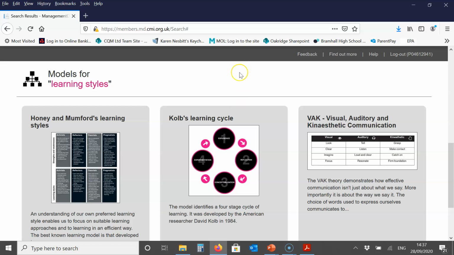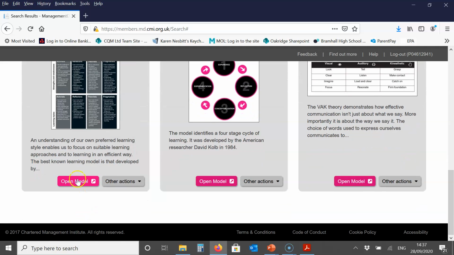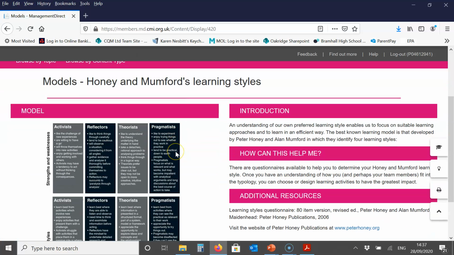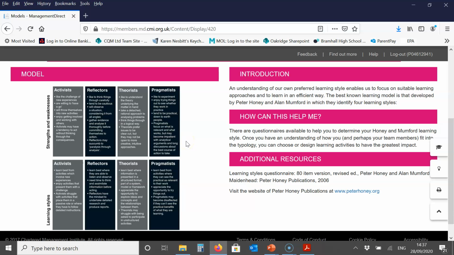Here I've searched for learning styles and you can see there's 3 different theories come up. These are really common, popular theories around learning styles, and one of the particular ones that you could use is Honey and Mumford's learning styles. It helps us understand our own learning preferences, and if you search for it, there is often a questionnaire that you can use. So if you Google Honey and Mumford learning styles questionnaire, you could use this